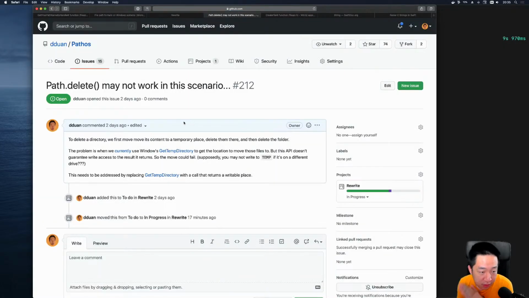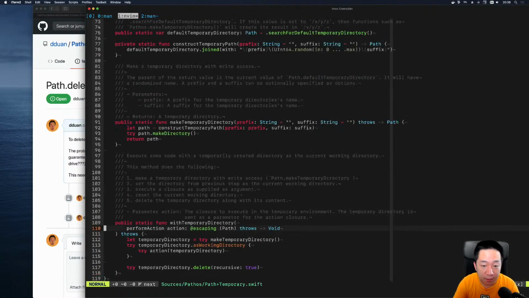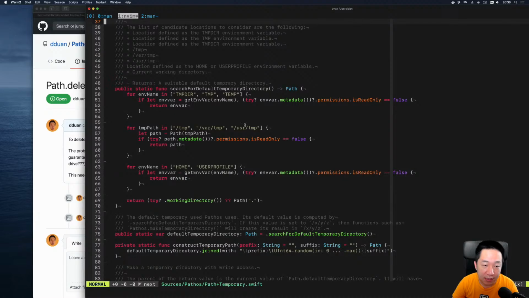The issue says when you delete a directory, we first move its content to a temporary place and delete them there, and then delete the folder. Problem is that we currently use the get temp directory from Windows. Notice this is actually overlapping with what we just talked about. This API doesn't guarantee the right access. Okay, so as I just showed you, every time we search for a default temporary directory in those lists, we